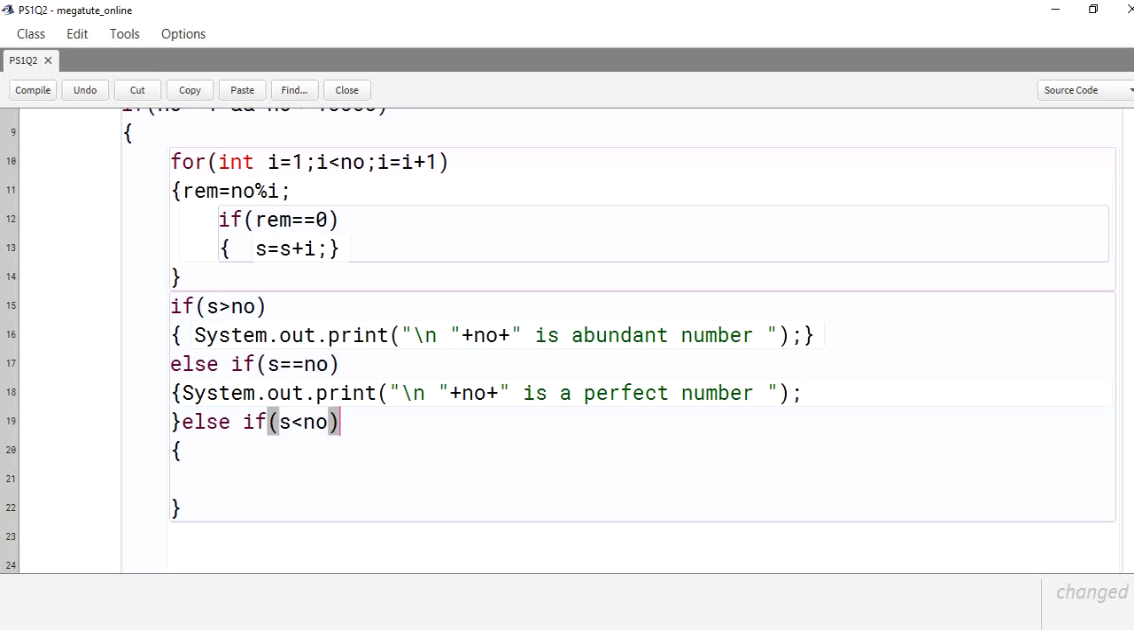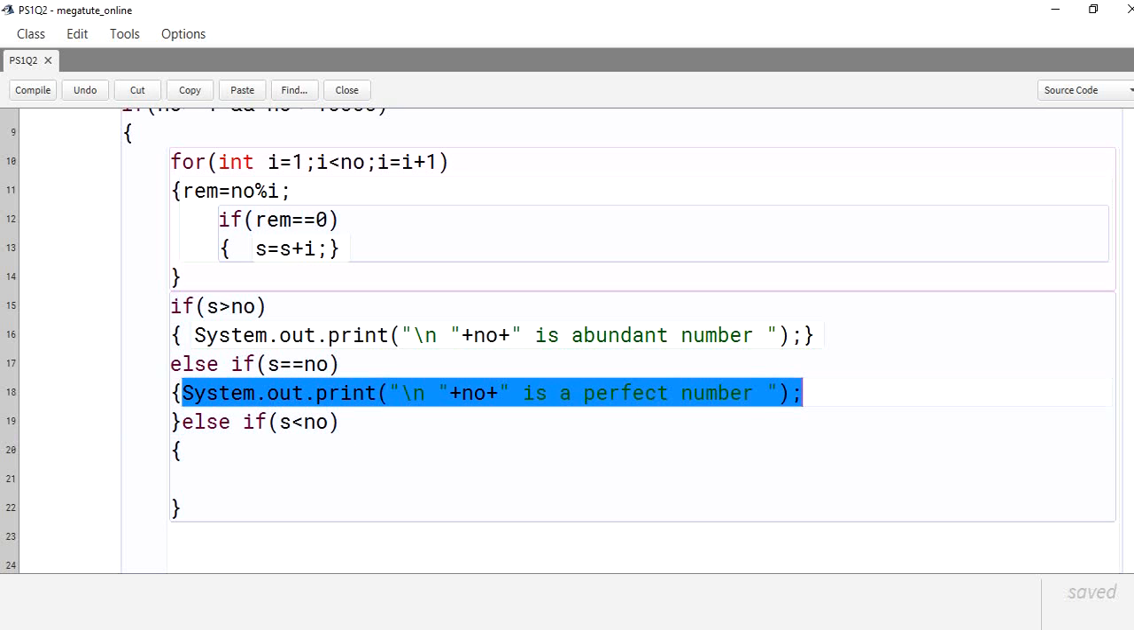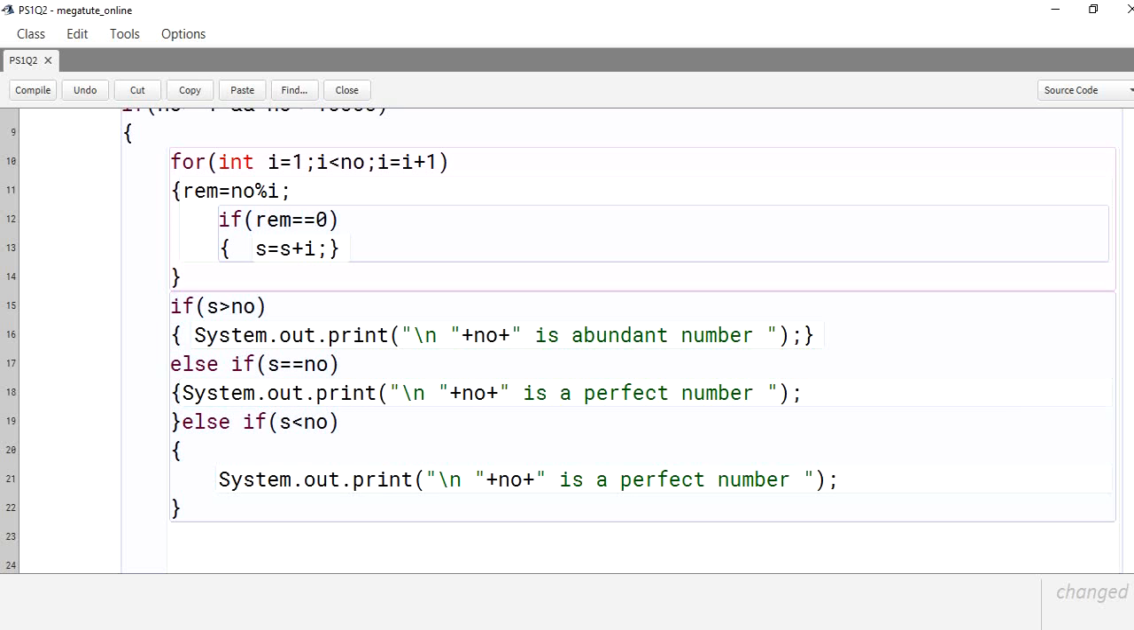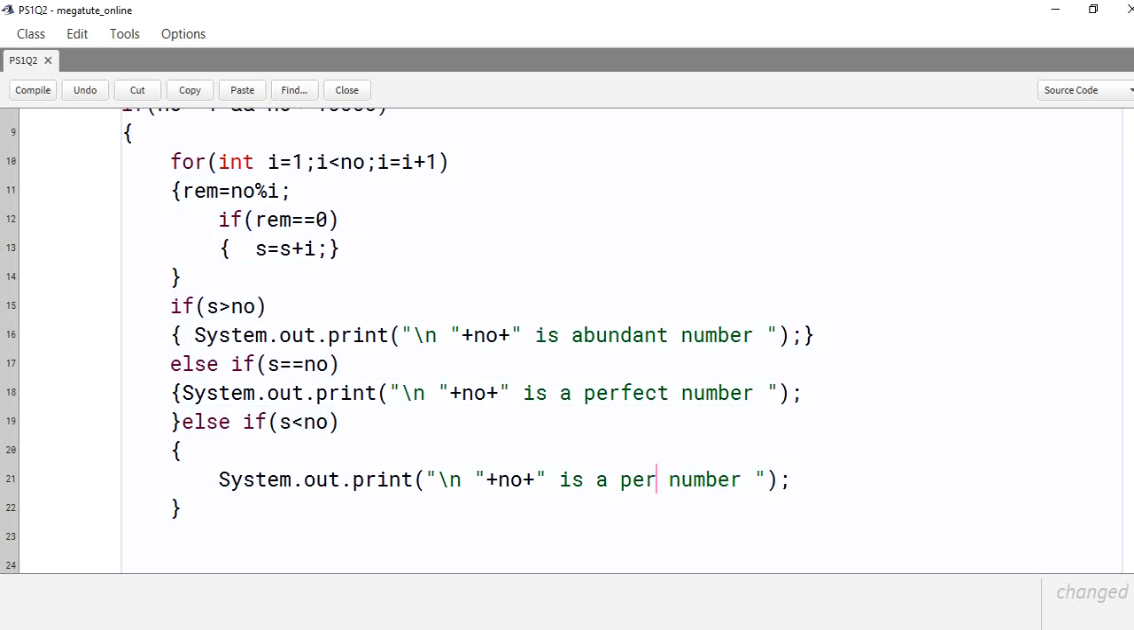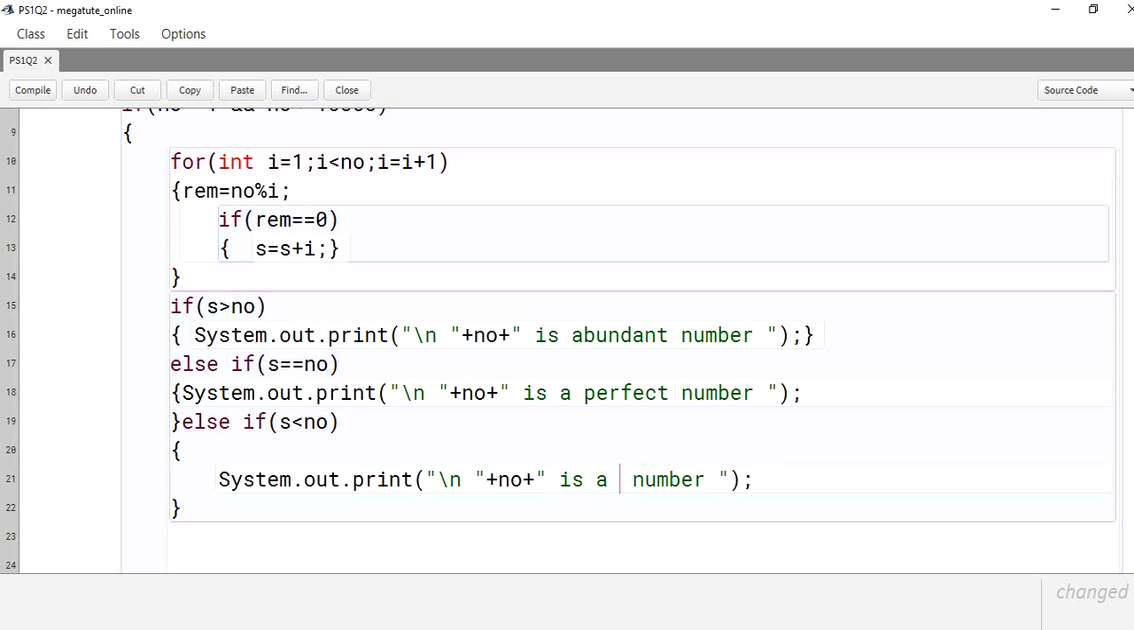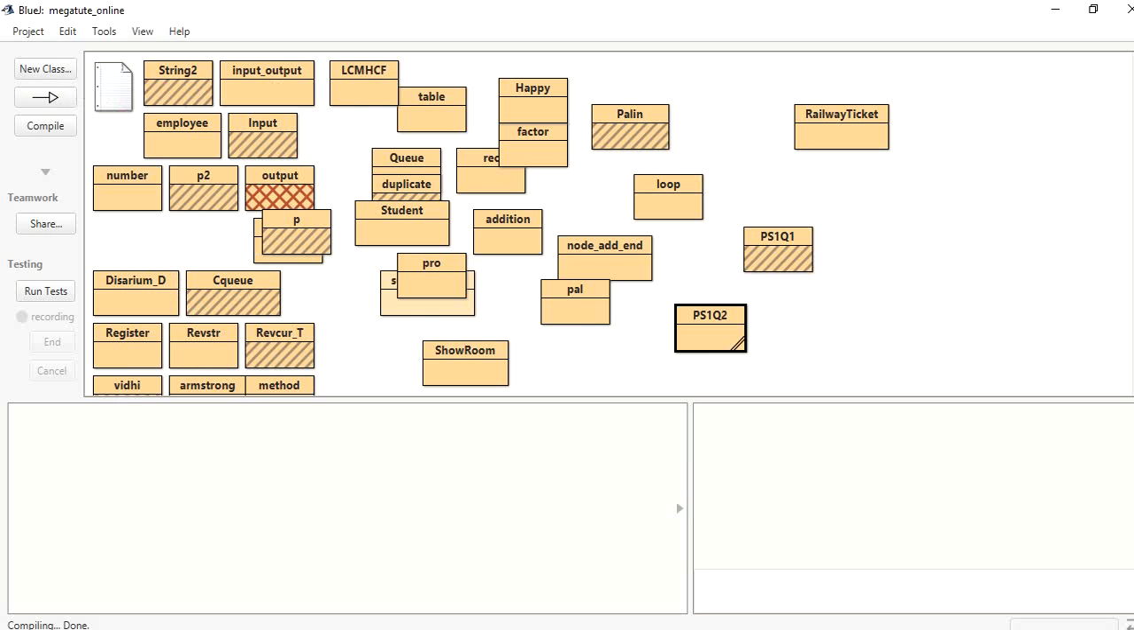So let's copy this message here, and I'll say number is deficient number. Deficient number. All right, let's check it. So I'll compile it here. Compiles with no syntax error. I will go back to the interface and run it,